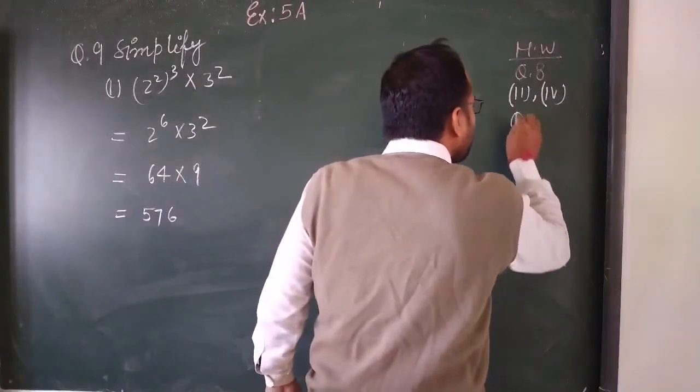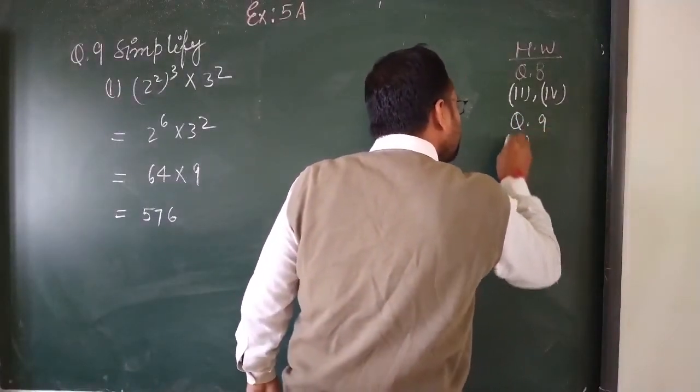Okay, here you will simplify this one. 2 to the 4, 2 to the power 2, you will get 4. 4 to the power 3, you will multiply this one, you will get 64. And 3 to the power 2, you will get 9, students. Now, the second one is the same as this. Question number 2, the second one is the same as this.